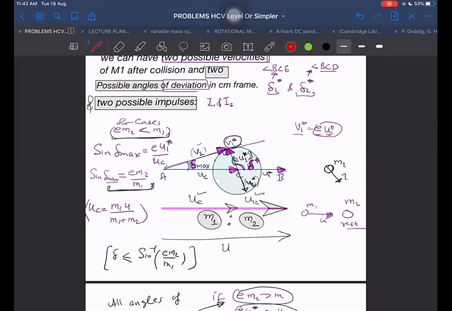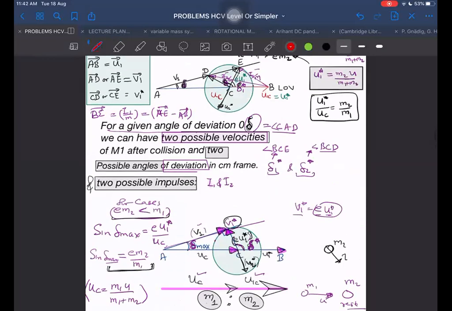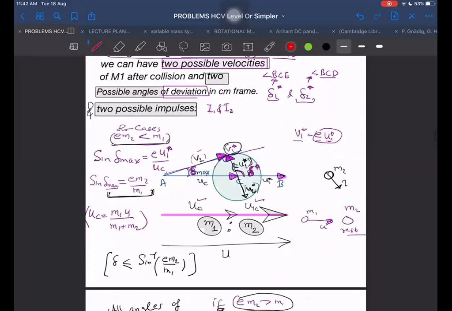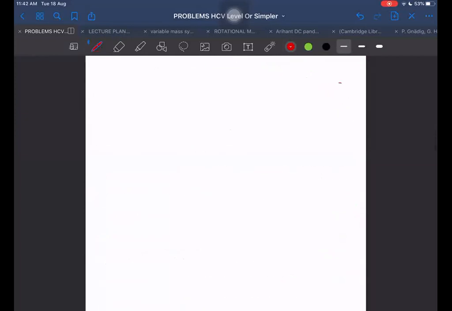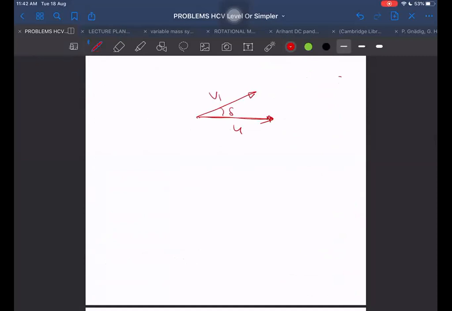In general, if I want to find the deviation, I can use the law of cosine. That cosine rule is there, no? By which we know if two vectors are known, we can find out the angle between those two vectors. One vector is UC. This vector was V1. This I want to find. And this one is V1 star. I know the magnitude of U, I know the UC magnitude wise, and V1 star I know magnitude wise because e is given to us. I want to find out delta.